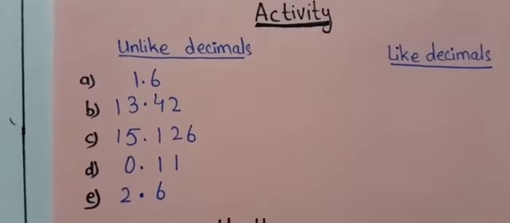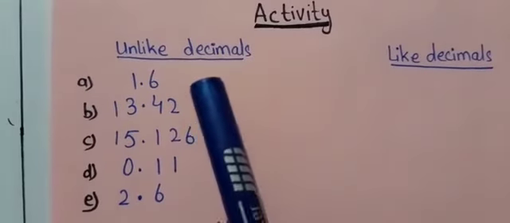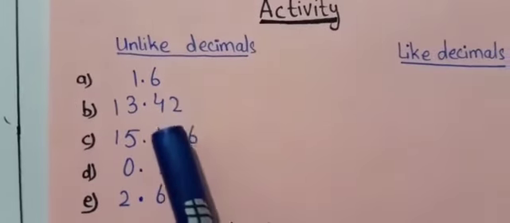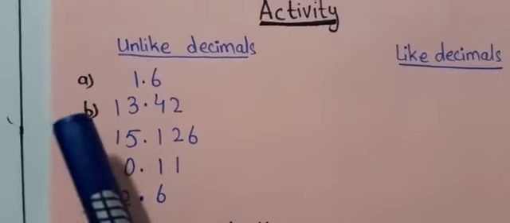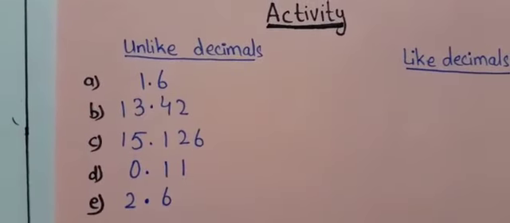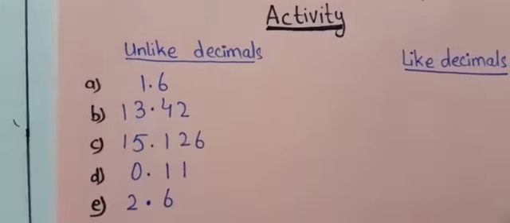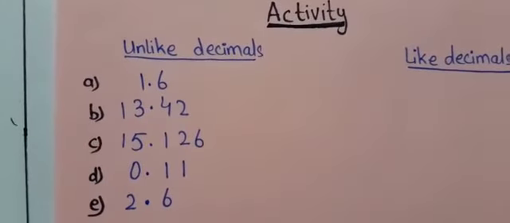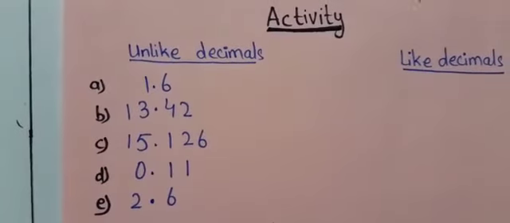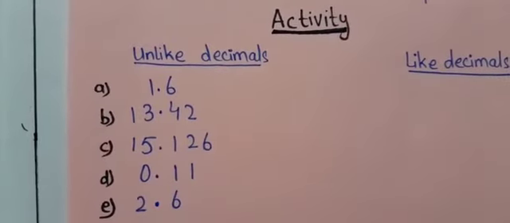Okay. So what I will do, I will see the maximum decimal places are 3. So I have to make it 3. Making it 3, I have to add 0. Because adding 0 on the right hand side of the decimal number will not change its value. Okay. It will be 13.420. We cannot read it as 420 because it is after decimal point. Okay. Do you remember? We have to read separately after decimal point.